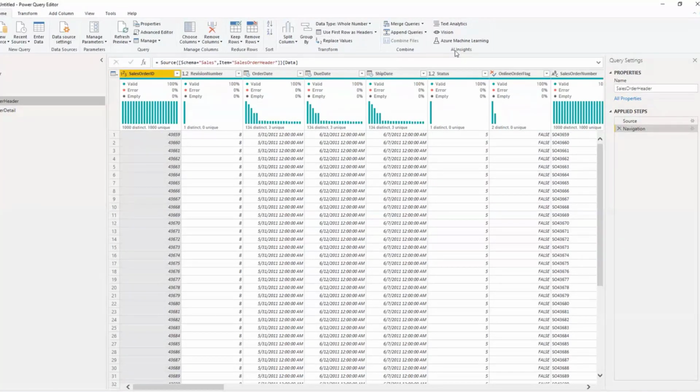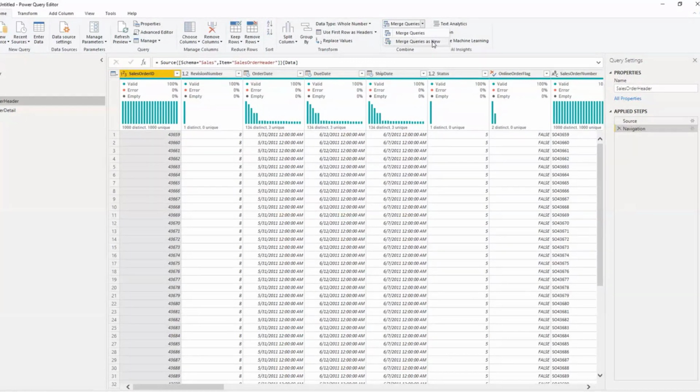Home, Combine, Merge Queries. In merge queries, there is the option Merge Queries as New, which takes these two tables and creates a separate data set, a separate table, by joining them. I don't want to do that, because with that I would be repeating my Power Query steps multiple times when the refresh is running, right? That's a basic practice you should follow when optimizing Power Query steps. Since this can be easily done, there is no reason for me to use the non-optimized method.